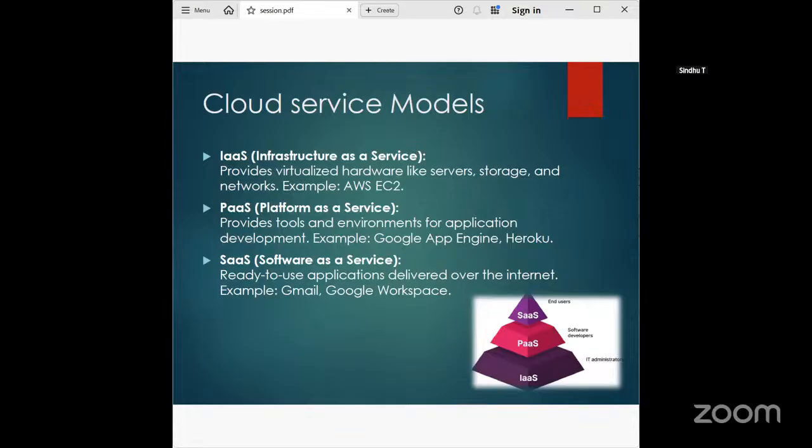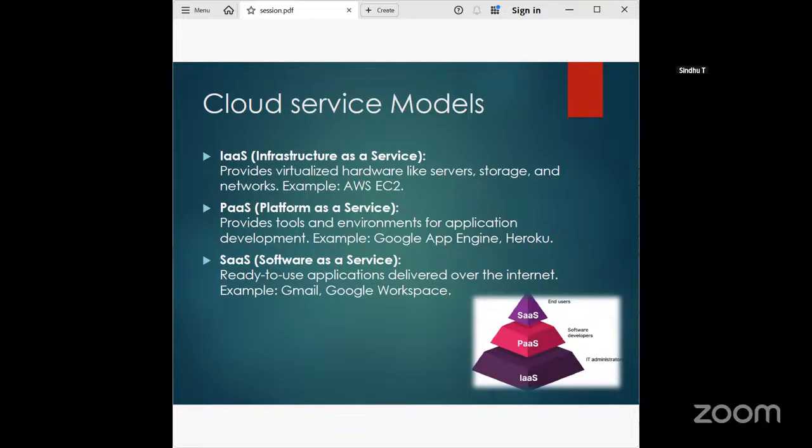In simple terms, some people explain it with a pizza analogy. For IaaS, you buy a ready-made pizza, take it home and bake it yourself. For platform as a service, you buy a pizza made by someone else, and you provide the drinks or settings. And for software as a service, you go to the restaurant and everything is provided for you. You simply eat the pizza.